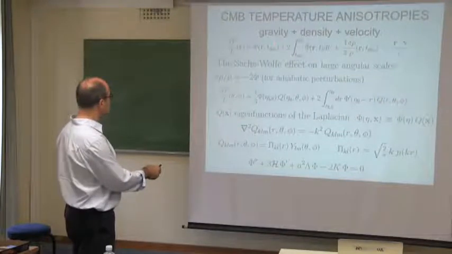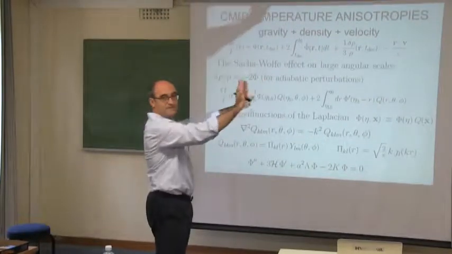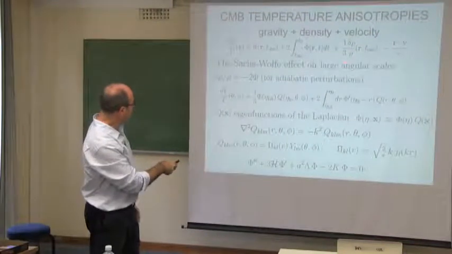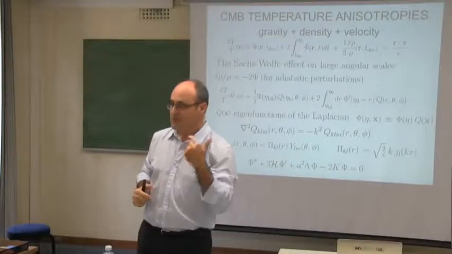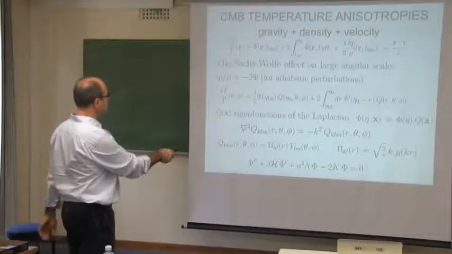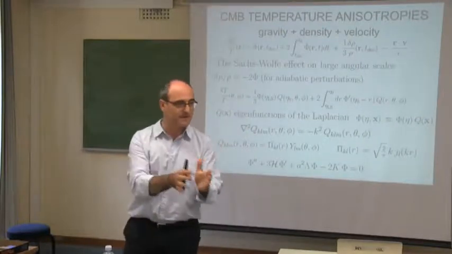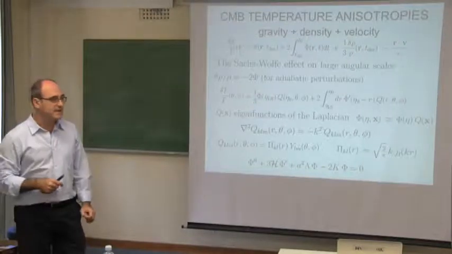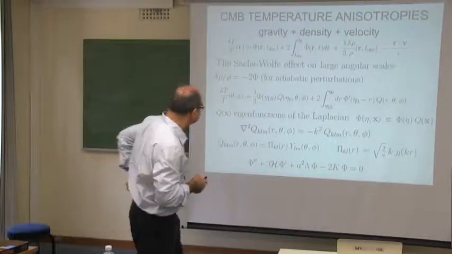This is also not just the perturbations on the last scattering surface, which indeed determines blueshift or redshift of photons which travel towards us, but also if the potential varies in time since the time of last scattering until today, it will also induce an effect. It's called the integrated Sachs-Wolfe effect, and it will be crucial in models in which the universe is not matter-dominated. For instance, the universe where in the last few stages of evolution, it started accelerating, like we know today, because of the lambda contribution.